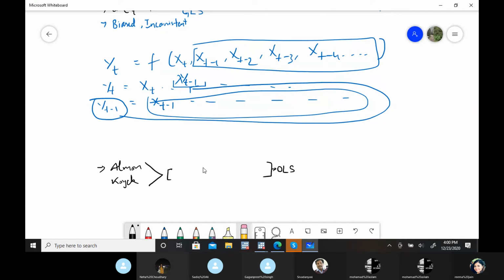Like in this Koyck approach, in the end we have this equation with y at t minus 1. We run OLS on these equations.